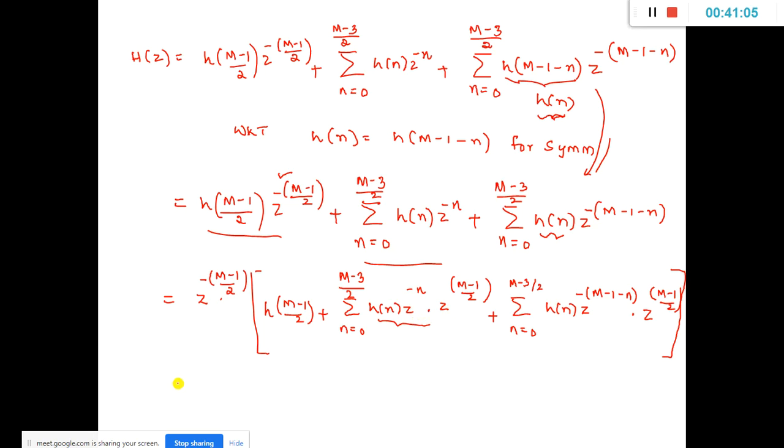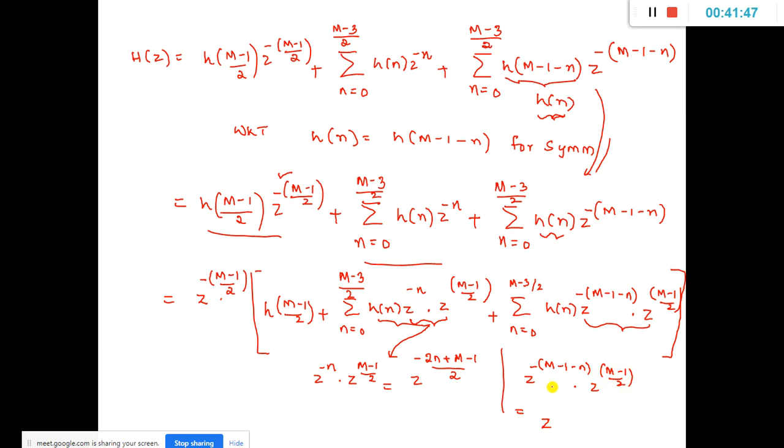Now just add these two in this equation. Let me add z raised to minus n, z raised to m minus 1 by 2. So we are going to get z raised to minus 2n plus m minus n by 2. This is when you add this. Again here also I take z raised to minus m minus 1 minus n into z raised to m minus 1 by 2. Perform this, you are going to get